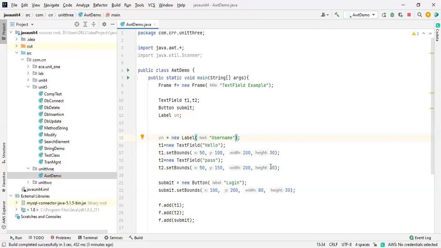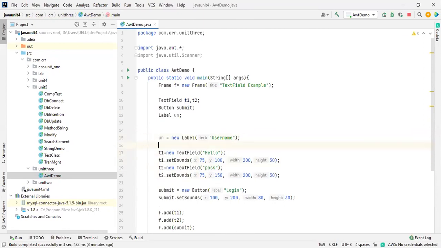The setting of the bounds is very important here. I would like to change this to 75 and this also to 75. I'm changing the text fields because before this text field we need this username. So here I'm going to write un dot setBounds.